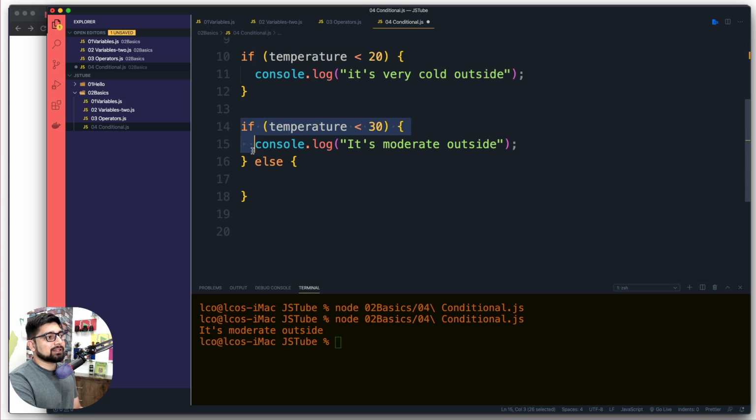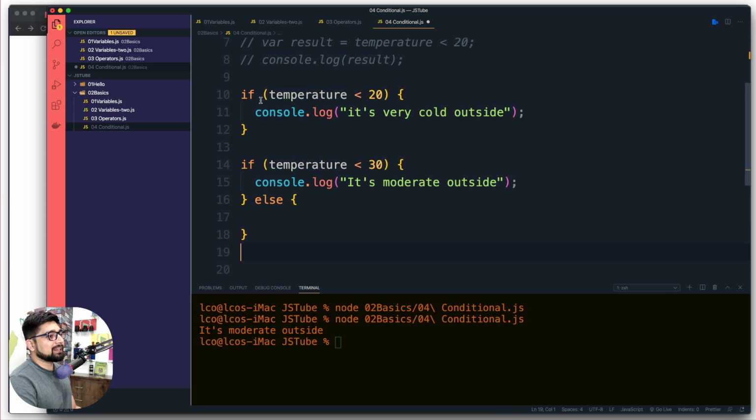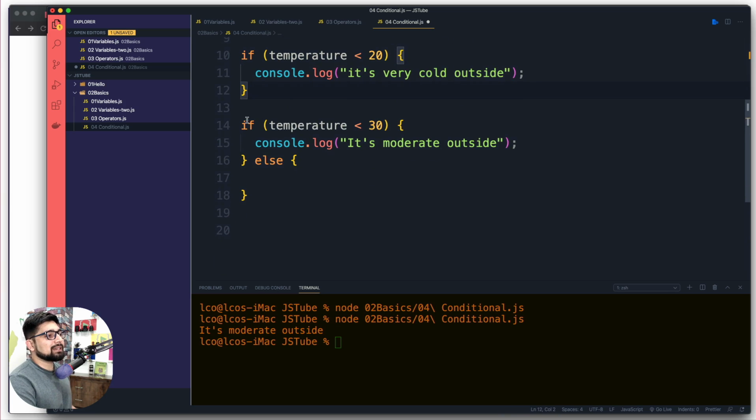If this is going to execute, then else is not going to execute. And it simply says, hey, I'm going to do this. If I'm not able to do this, then 100% sure I'll do this one. It's really simple. So let's just say that this block only says execute if it is less than 20. This one says if it is less than 30, then execute this. Otherwise, for the rest of whatever happens, I want to execute this one. So let's go ahead and simply have a log here, and it's going to say